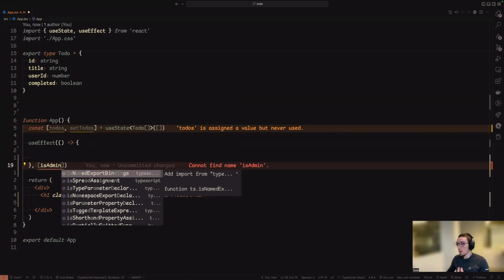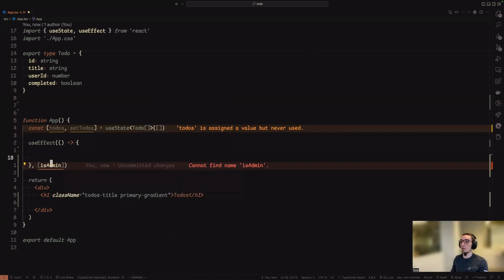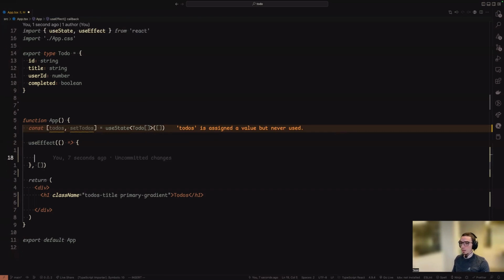So I'm going to rerun the entire effect here. So that's basically when we're talking about the useEffect and the kind of updating stuff. Then we have the